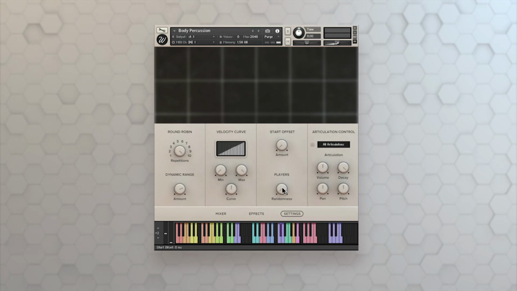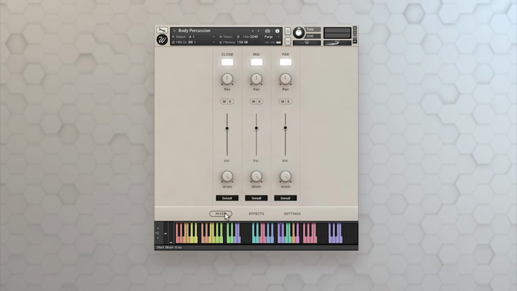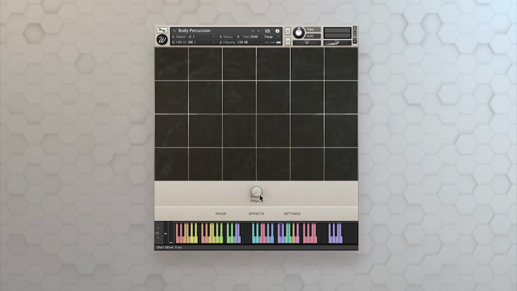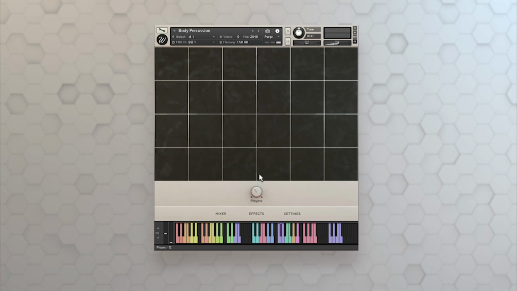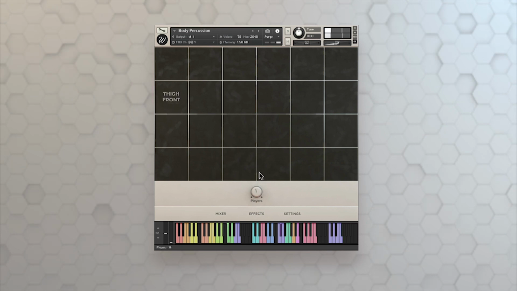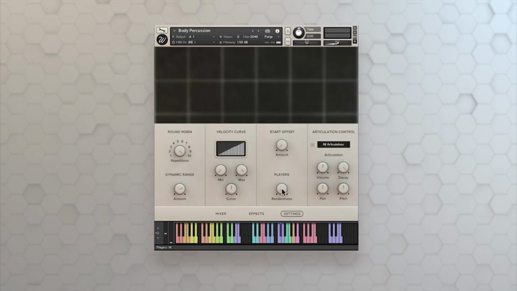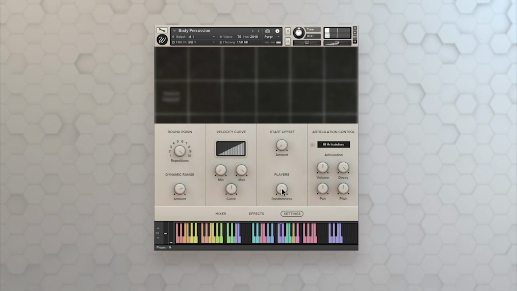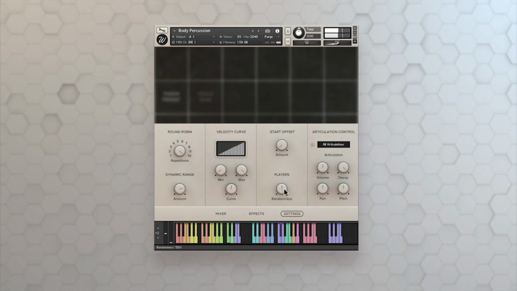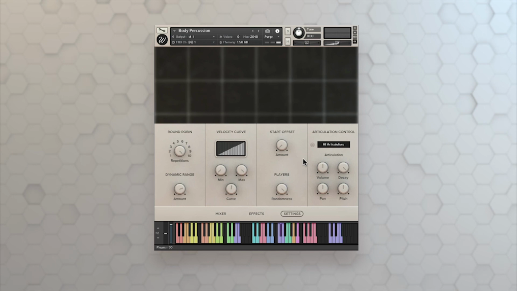The amount of players randomness. This is super fun. So you heard before when I ratcheted in that player knob nice and high, right? Let's open it up. Let's bring it up. We'll do a bunch of players slapping their thighs. Now, if I go to the settings and I adjust the randomness, those players are really tight now. They're all playing at pretty much the same exact time. But if I adjust the randomness, it's not going to be as tight. A little looser. And if I go all the way,